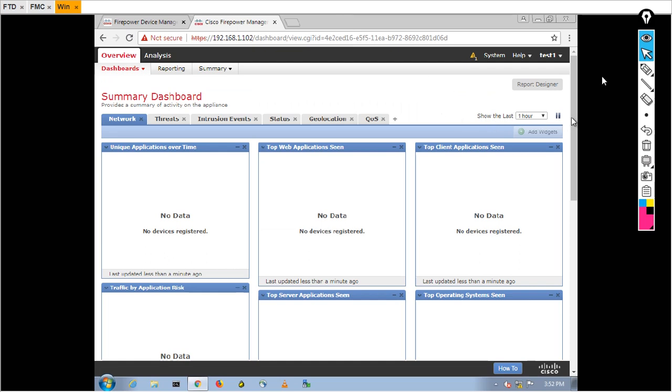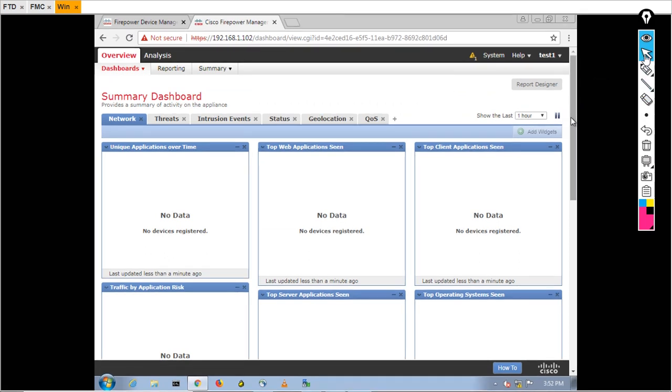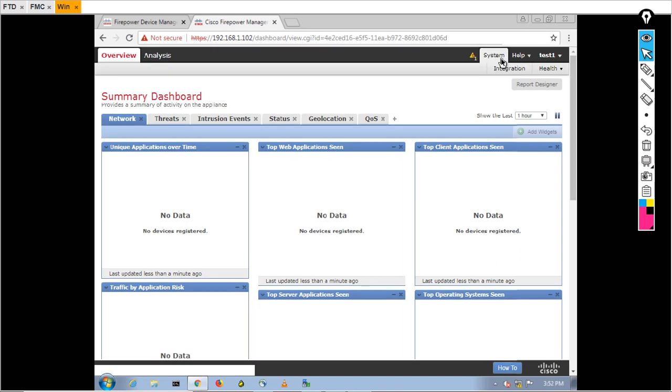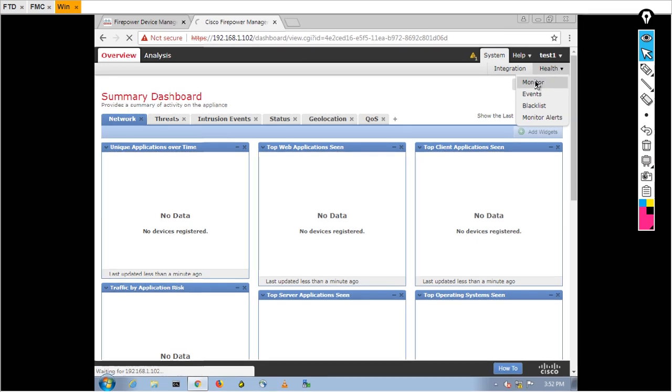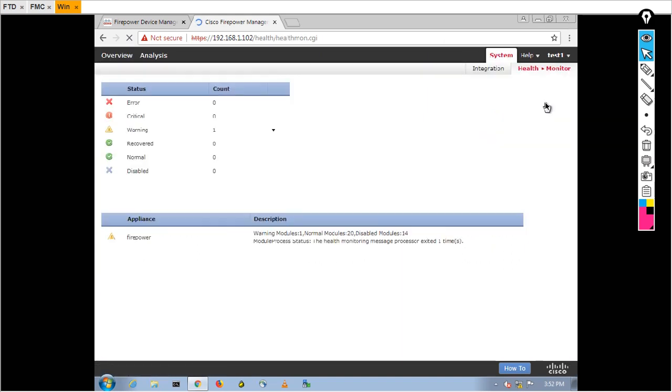Now my password is changed for this test user, and you can see here, when we log in as an admin, in the system we have lots of options like configuration, then license, and the license in the overview, in the configuration we have user, those types of tabs. But with the test user, you can see I have only this. I can check the health, like what is the health of this FMC. It means I can't make modifications in this FMC, because I assigned this user test1 as read only security analyst, so I can't do any changes.